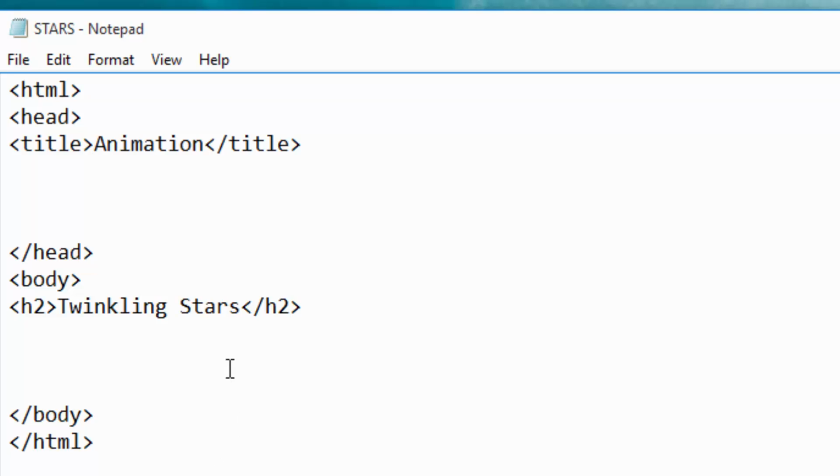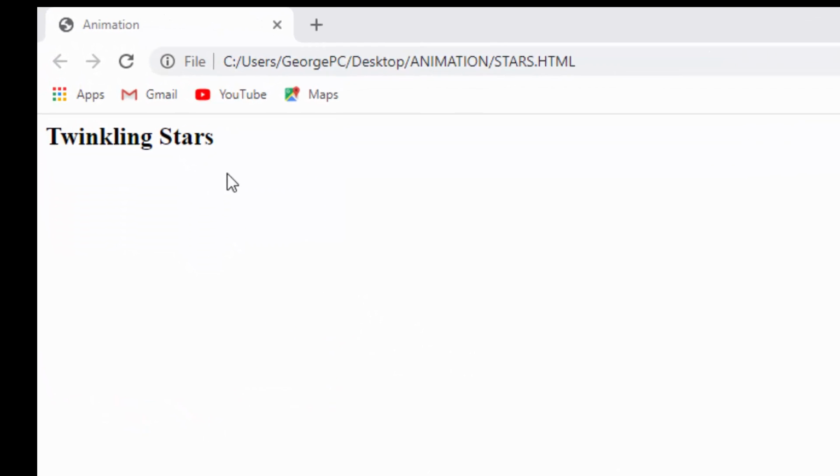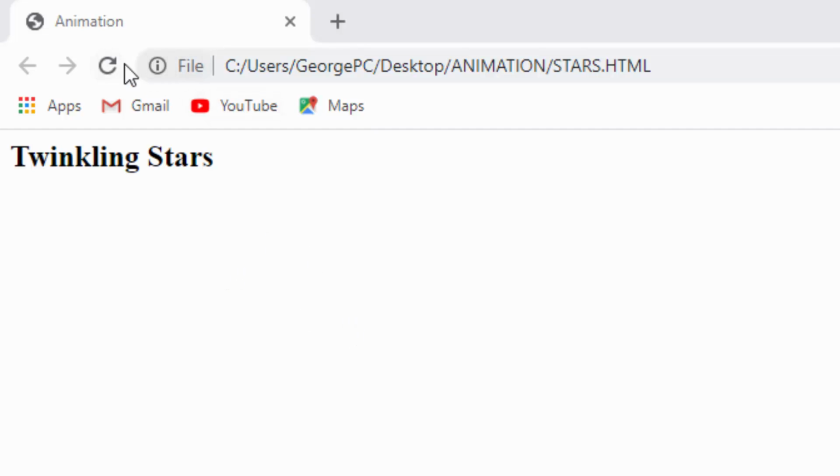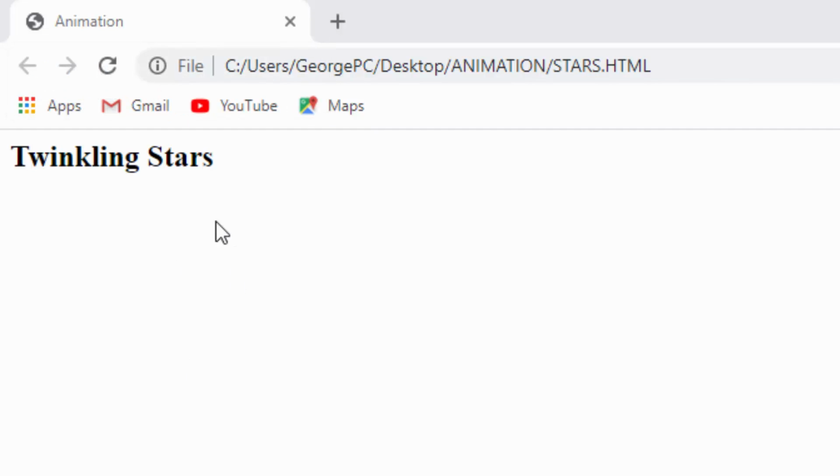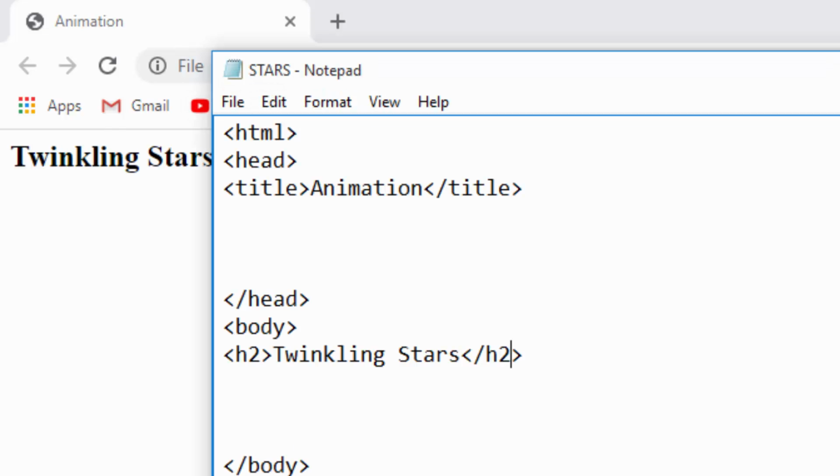So we will go and open the file in the web browser and see how it looks. After refreshing the page, we can see there is the web page title here and the heading twinkling stars within the body. So I will go back to my HTML,